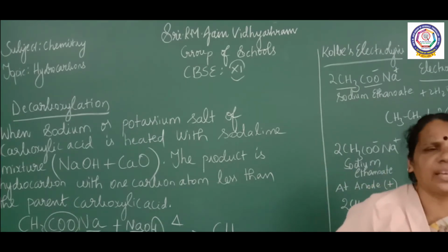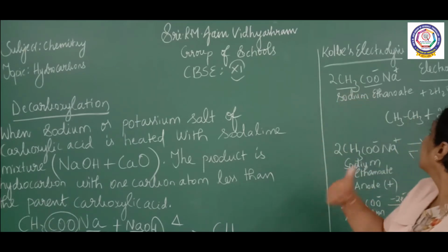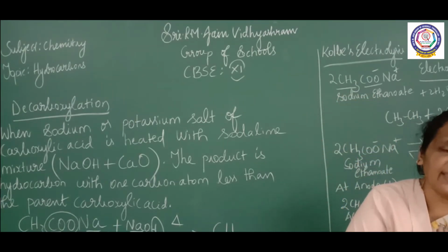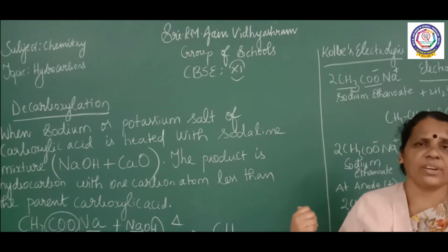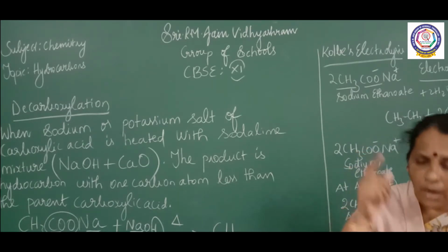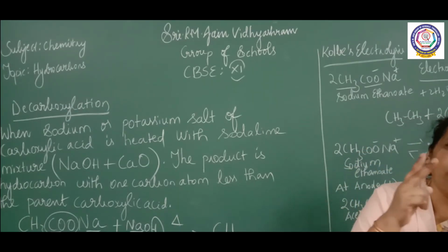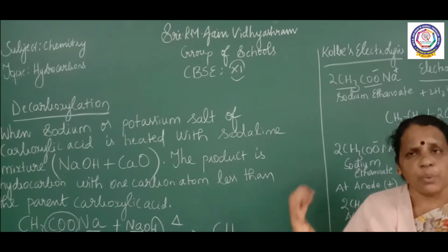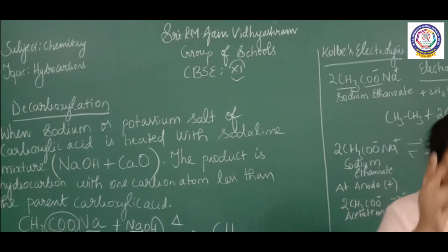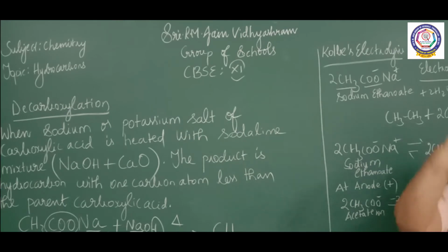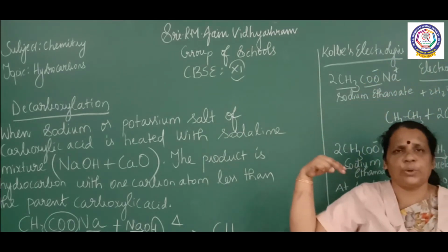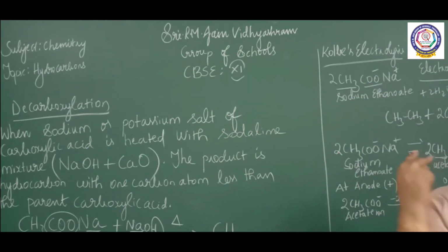So when electricity is passed through the aqueous solution of sodium ethanoate, you will be getting 2 different charged particles. One is, what is that? You will be getting CH3 with the liberation of hydrogen gas and carbon dioxide gas as well as 2 molecules of sodium hydroxide. And once again, we are going to say what are the 2 different reactions at the anode and cathode. Anode is positive. So the negatively charged particle at the anode is the acetate ion.